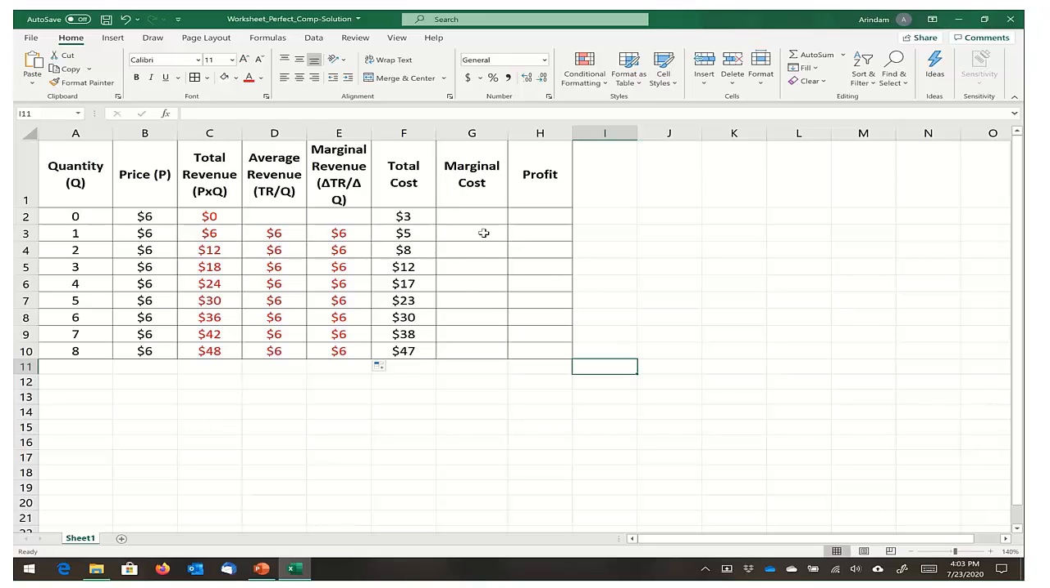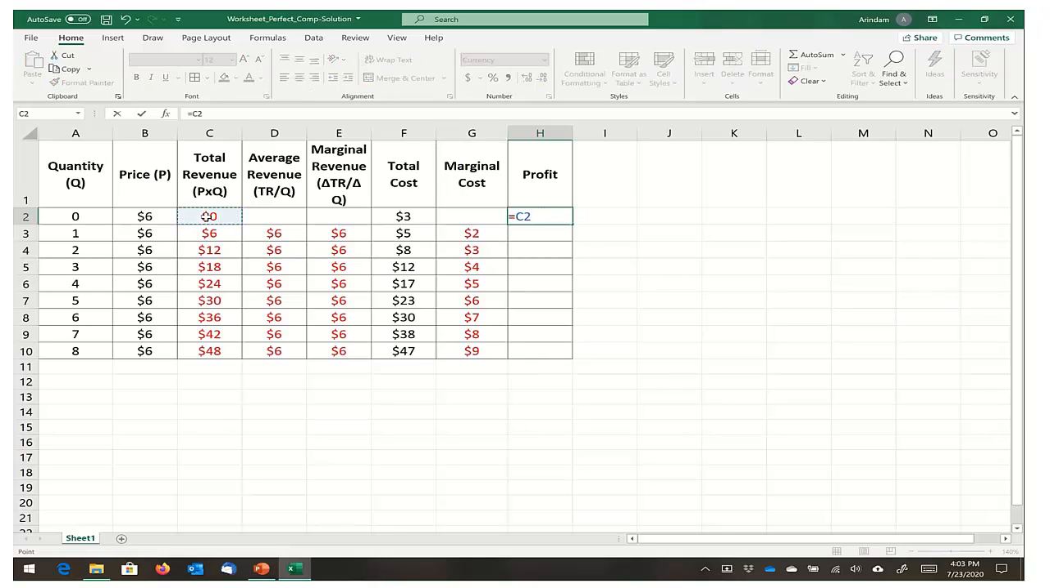Let's now calculate the marginal cost before we calculate profit. Marginal cost is change in total cost over change in quantity. So let's do change in total cost over change in quantity, and it starts with $2, and you can see here your marginal cost is increasing. Now finally, let's try to calculate profit, which is nothing but your total revenue minus total cost. And if I pull it down,